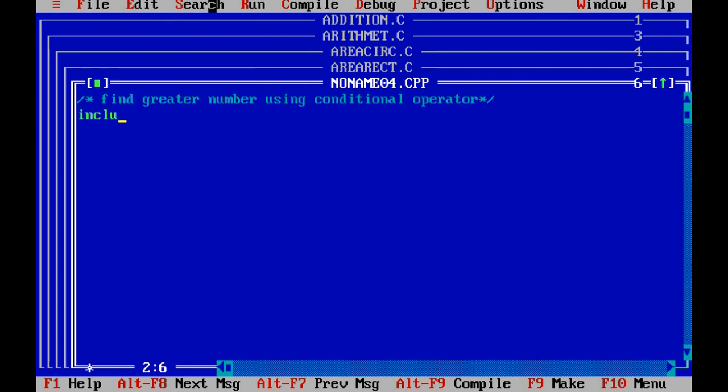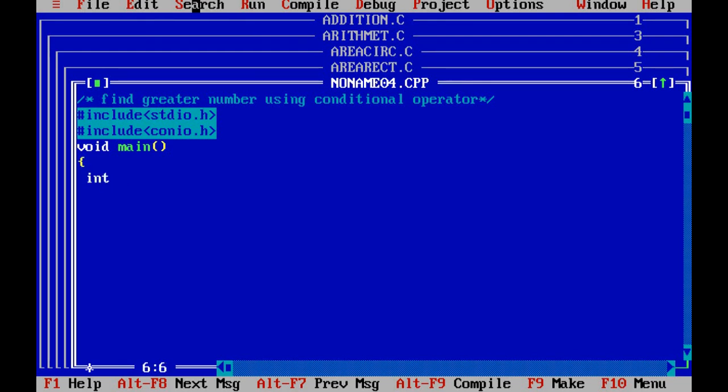First type hash include stdio.h. Oh sorry, I missed typing hash. Hash include conio.h. Then give void main, opening bracket.